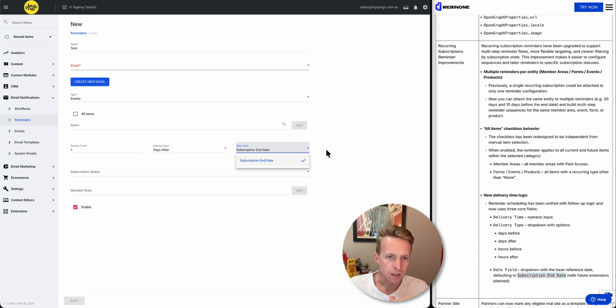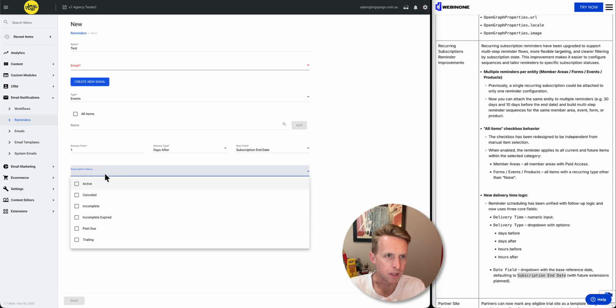And then there are even more filtering rules, so you can choose whether to send this reminder out based on the subscription status. So if it's active or cancelled or incomplete, past due, etc. So a lot of flexibility there. So maybe you're setting up an email just to remind people to pay because their subscription has expired. So you can specifically target that